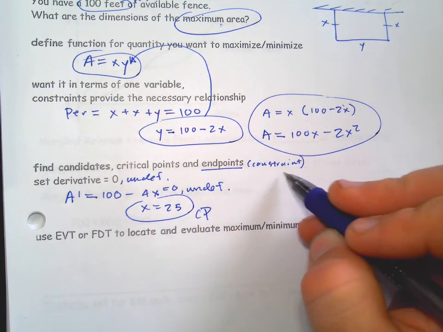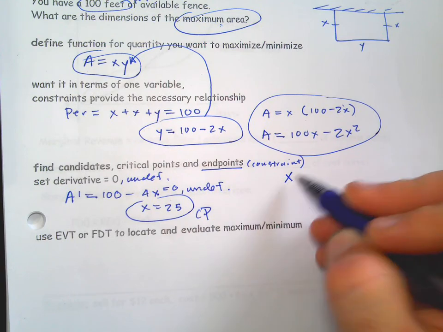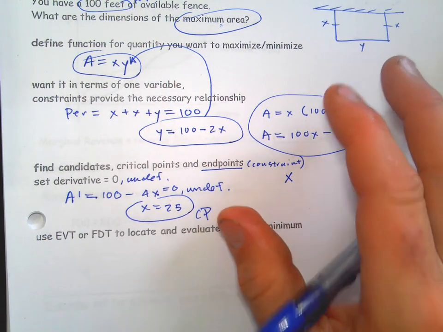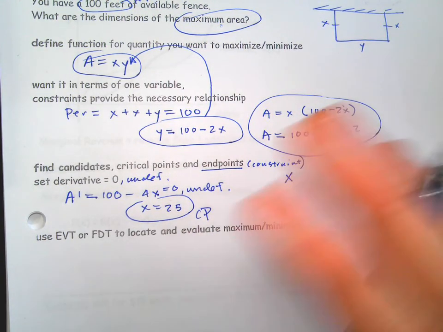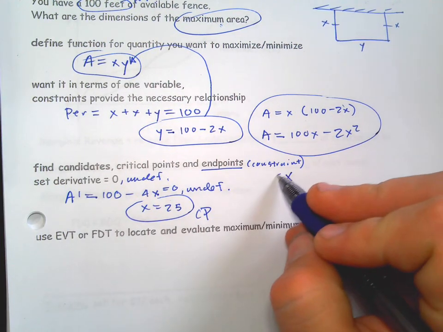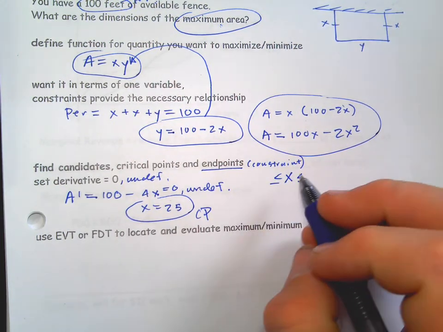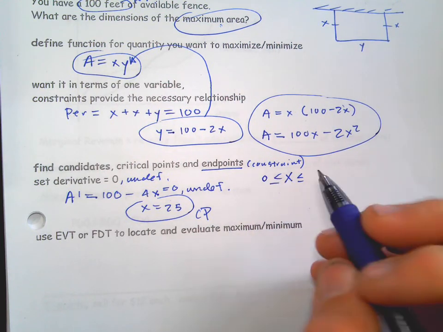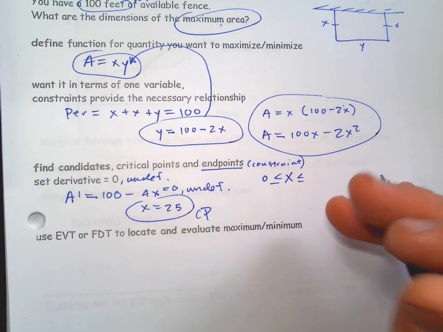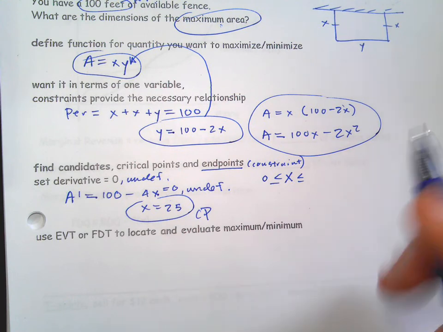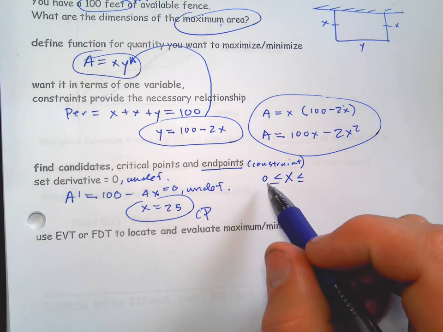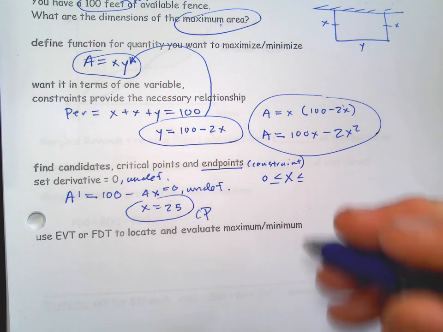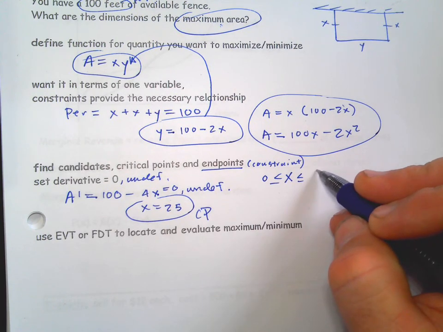Our endpoints here are going to be, if we chose to rewrite in terms of x, then endpoints can be x. If we chose y, then endpoints should be y. And what we're trying to do is say, what's the smallest x could be? Now, realistically, x could be 0. It cannot be negative. You cannot have negative fences, so just watch out for that. Sometimes x will have to be some positive number to ensure you don't get negative fences. The largest x could be,